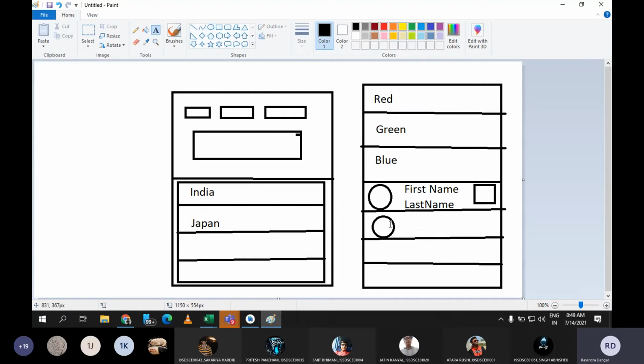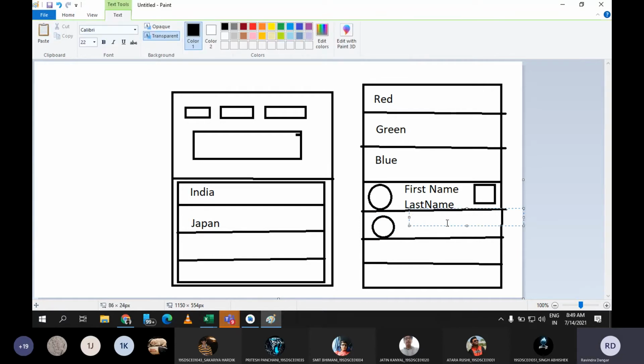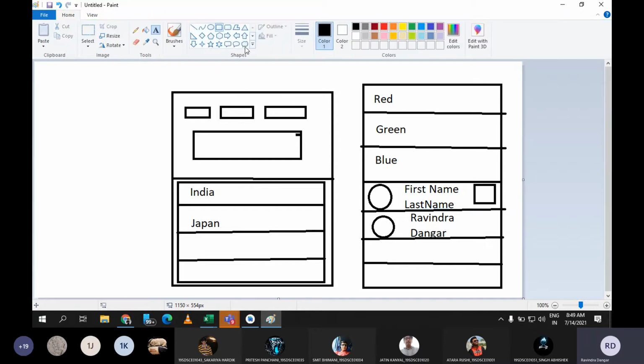And here the image could be different. Here also the name could be different. Here I write my name like this. And here also, as a part of the last component, the image could be different. So in each row you will find different values, but the structure would be the same. In each row there will be 2 image views and 2 text views.